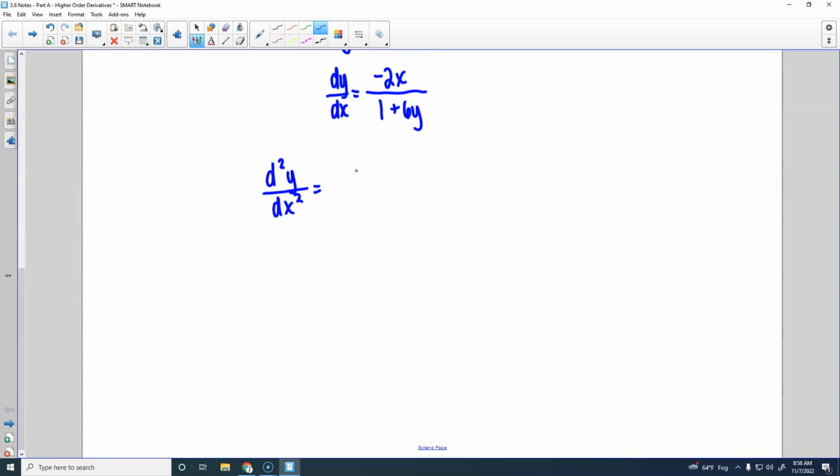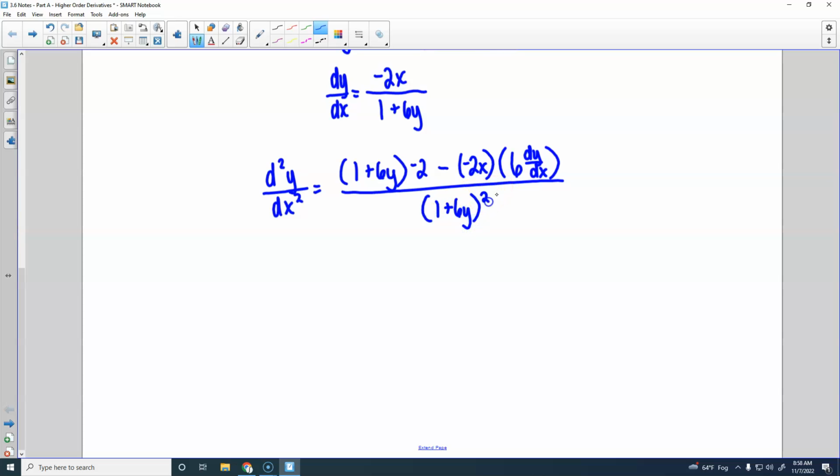So we would have low, 1 plus 6y, derivative of the high, which is negative 2, minus high, d low. What's the derivative of 1 plus 6y? 6 dy dx,